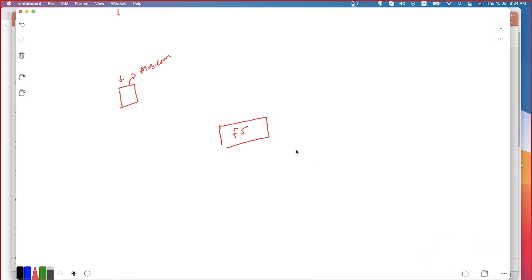Right. See, what is the purpose of F5? F5 is going to be taking the responsibility of collecting the traffic from the client PCs, and then it will be directed to the servers which are available with me. So what is my point is, if I'm going to be having a single server, do I need an F5?